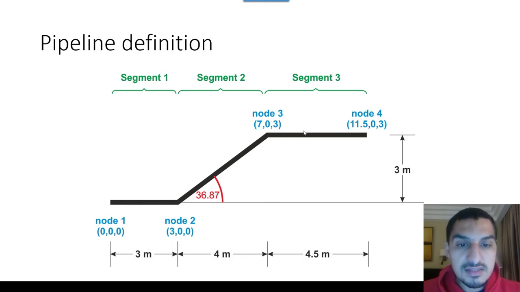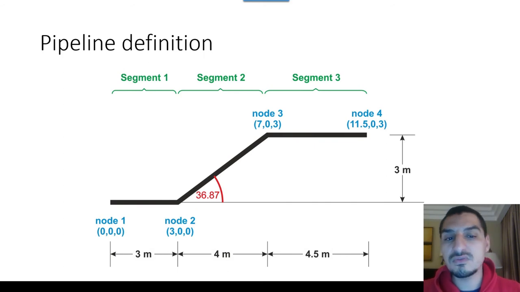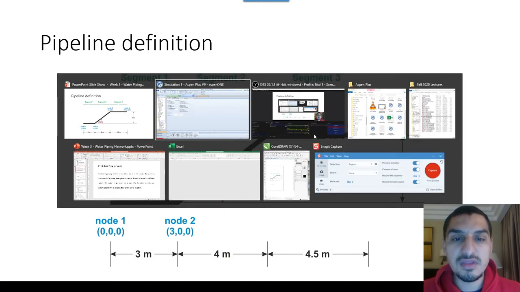The angle is the angle between the pipeline and the horizontal line. It's not between this and the previous pipeline or the previous segment. It is between the pipeline and the floor or the ground. So we can do both, and both things will deliver the same pieces of